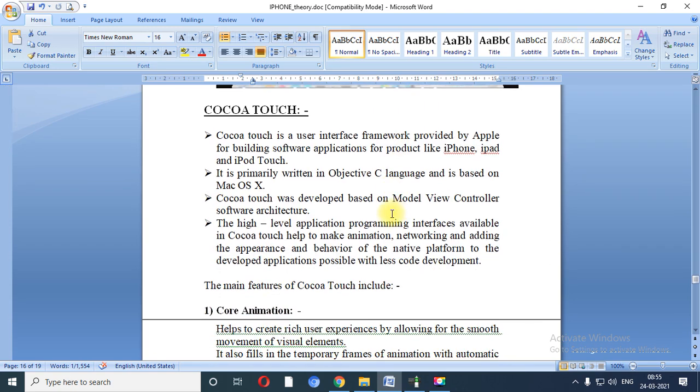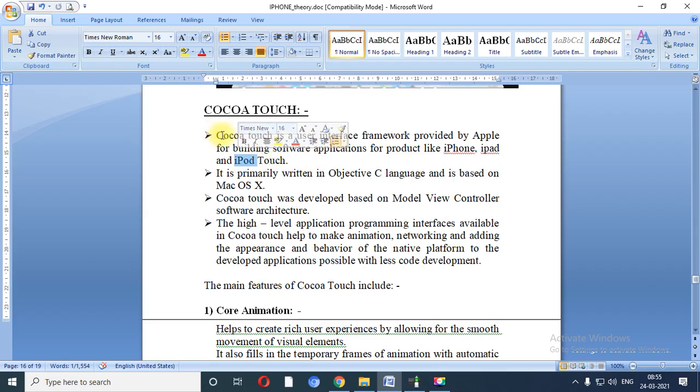Next concept is known as Cocoa Touch, a most important concept, right? Cocoa Touch is nothing but it provides you the facility to have a framework for building Apple applications. Using this Cocoa Touch framework, we are able to create products like iPhone, iPad, iPod Touch, etc. Right?